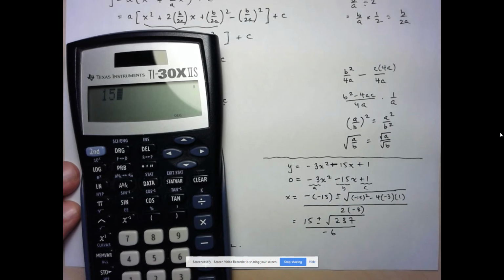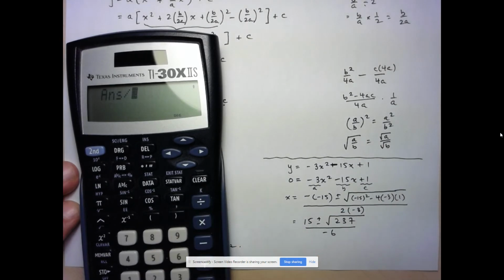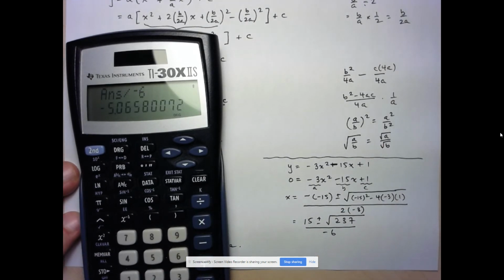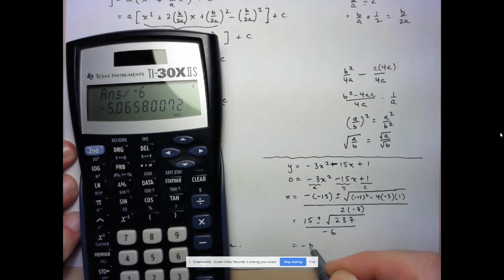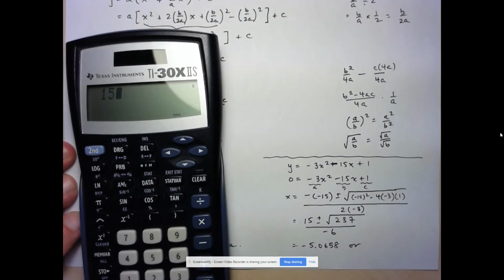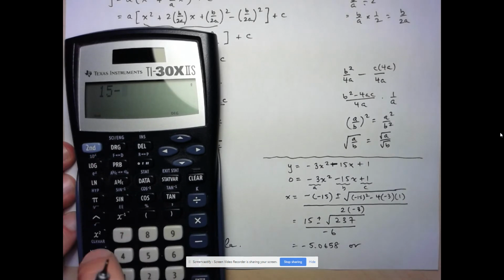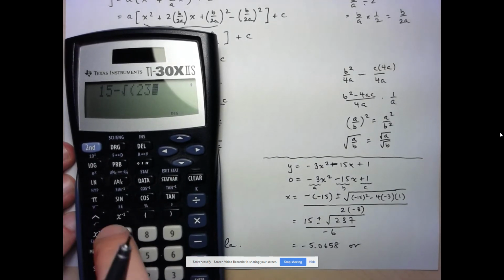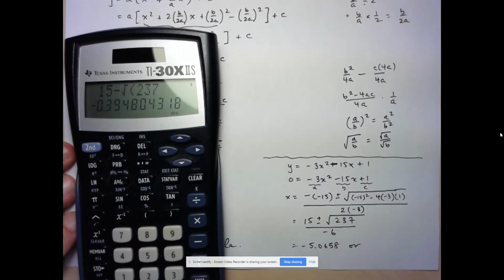So I've got 15 plus the square root of 237, and then I'm going to divide that by negative 6. And lo and behold, that's exactly one of the answers we got before. So negative 5.0658. And let's put in the other one. We've got 15 now minus square root of 237, and let's divide that by negative 6, and that's exactly what we had before,